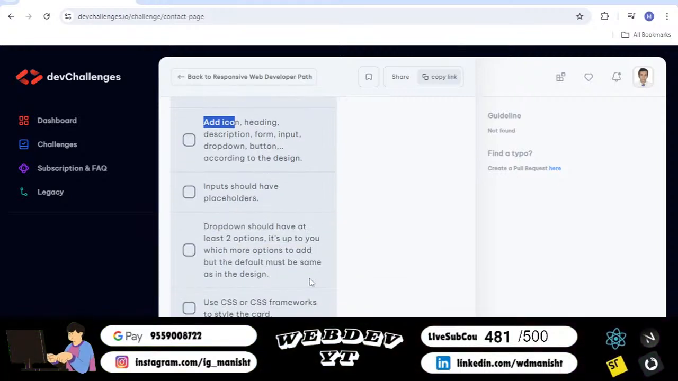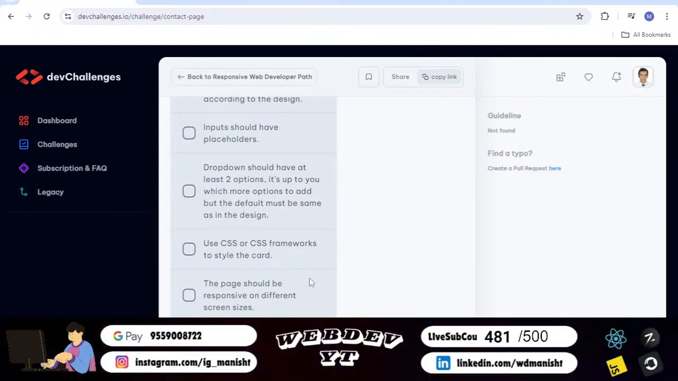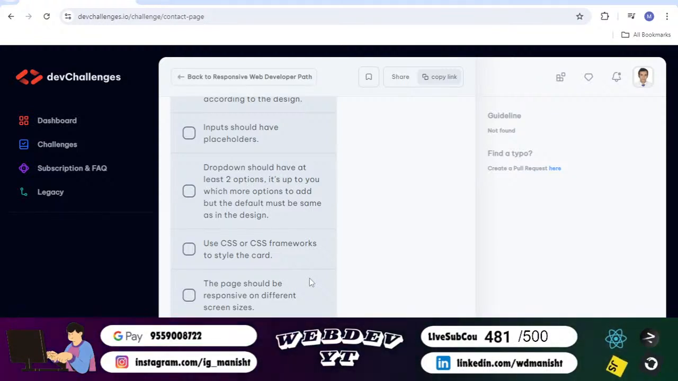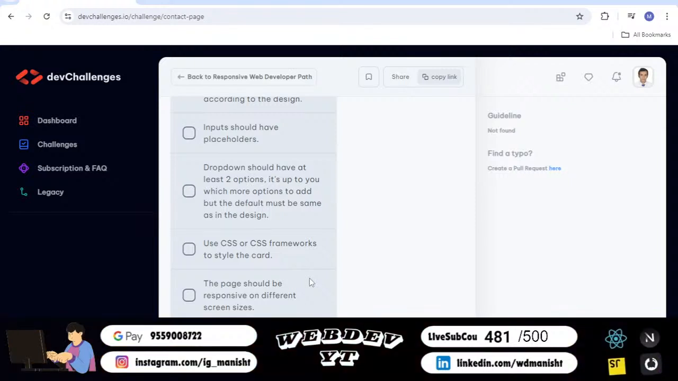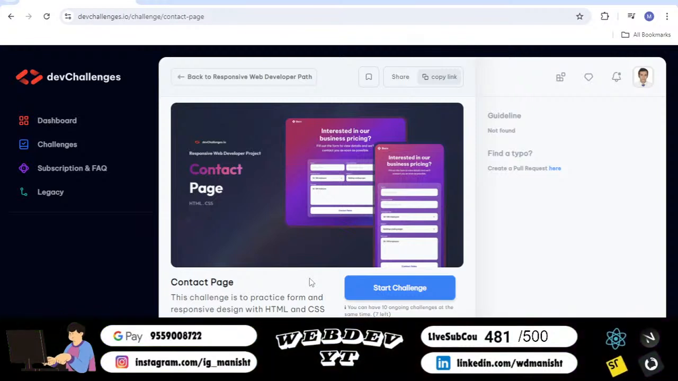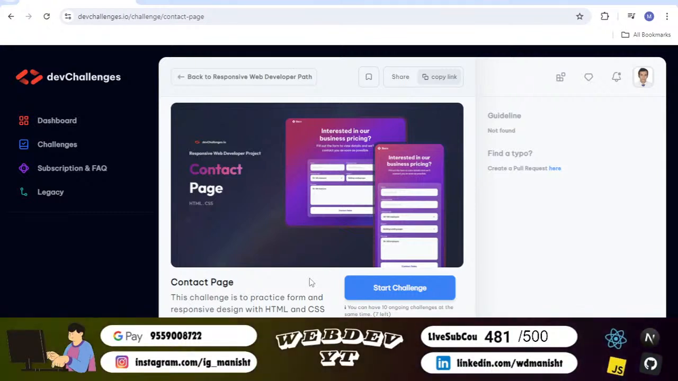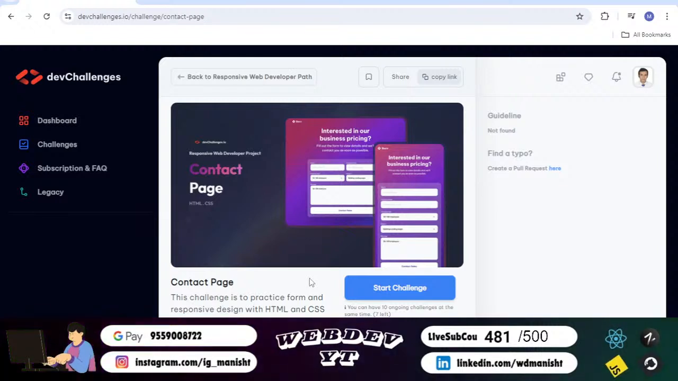Okay, so I hope this challenge will be a good challenge for beginners who want to practice on forms, the HTML form element. How can we create a form? You can consider it as a contact form. If you are a front-end developer, you might need to create a contact page as well. So while solving this challenge, you can see how we can create a contact page